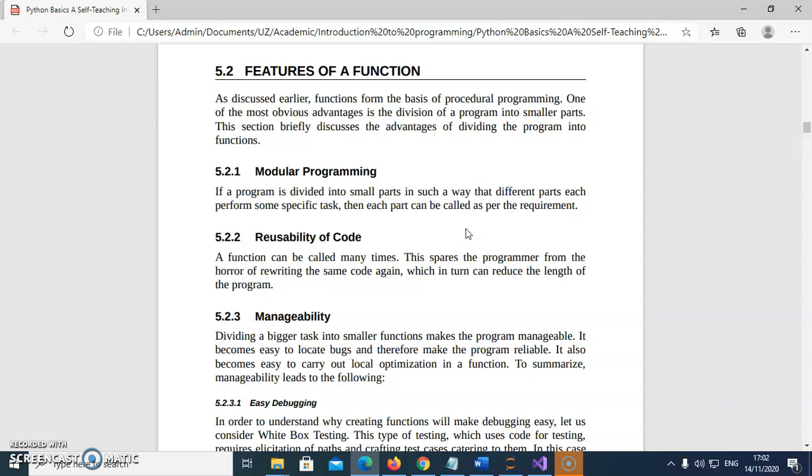Let's say you are writing code without a structure, without functions. That code will be difficult to understand. Let's say you are the lead developer, and then you get another job right in the middle of the project, and the project was maybe halfway or 75% complete. It will be difficult for the programmer who is going to replace you to understand that code. So if the code is divided into functions, that is modular programming, it becomes easy for the next person to understand your code. Reusability of code, it makes it easy for you or another programmer to reuse the code that